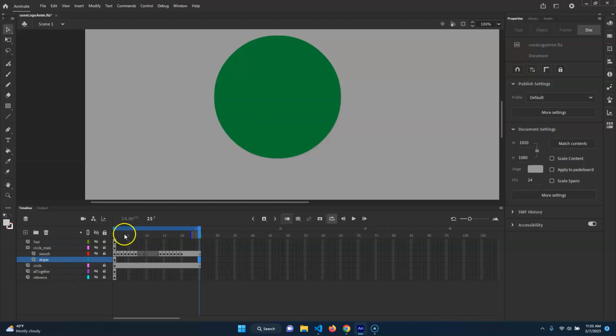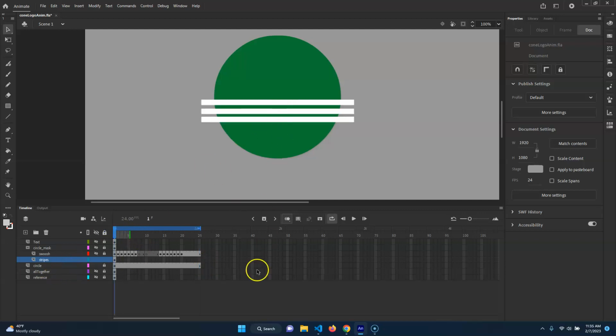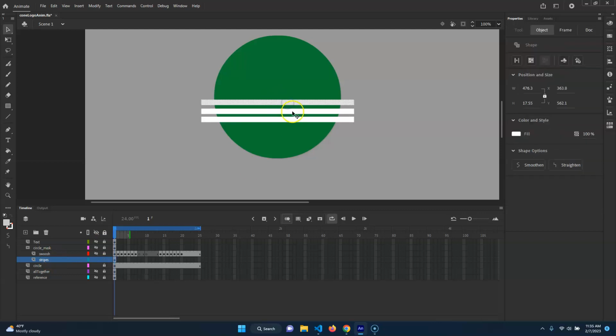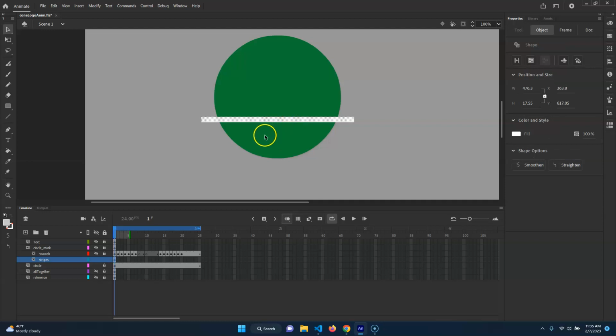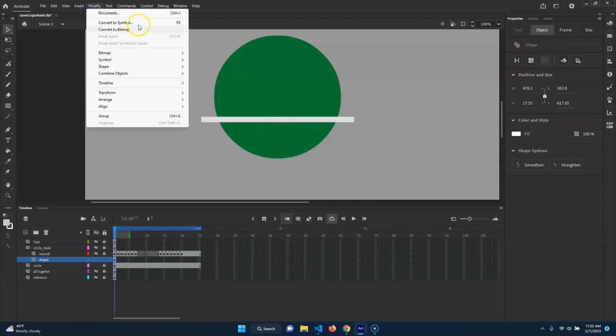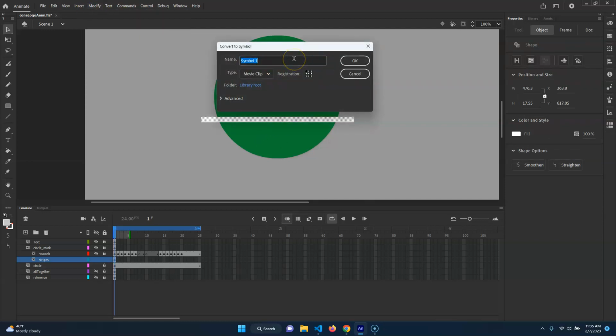The problem with the stripes here, I'm going to go to the first frame, is that they're all on the same drawing, and I actually would like them to not be. So I'm going to get rid of this one, and we're going to take this one and just make it a symbol. So I'll hit F8, or you can go to Modify, Convert to Symbol, and we'll just call this Cecil Stripe